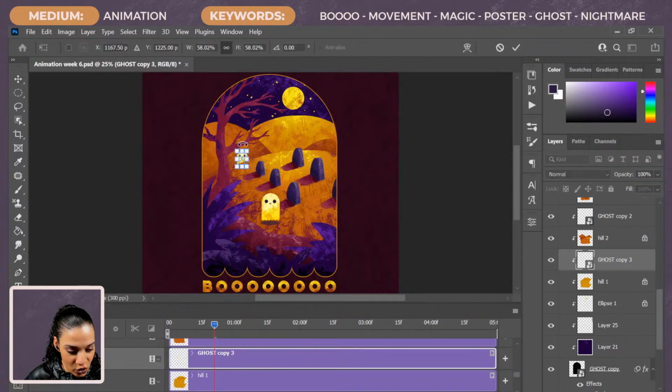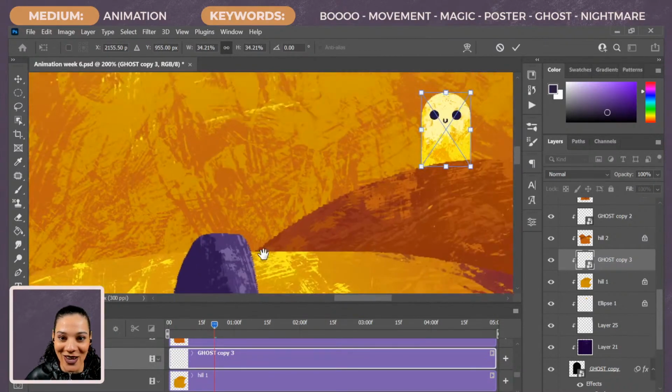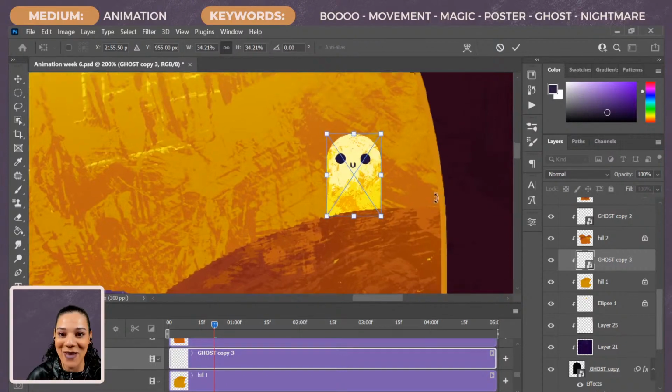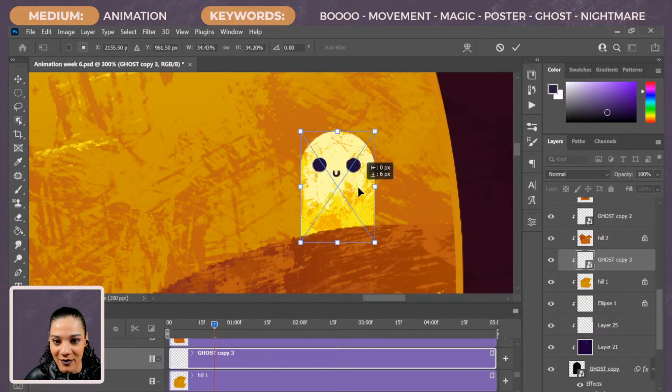So I can Control T, I'm gonna zoom in on my project here, and I am going to bump him over here because he's gonna be up there. He is so cute, and I'm gonna make him even smaller. Teeny tiny baby, teeny tiny ghost babe, right here. Okay.